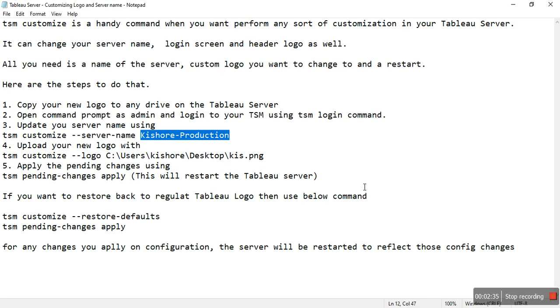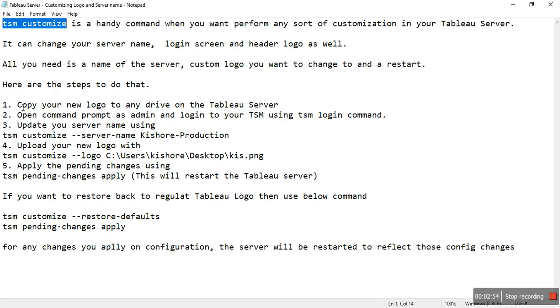Let me explain how to do the customization. There is a command called tsm customize, which you can use to do the customization. First you need to save your logo on the drive where the Tableau server is running.